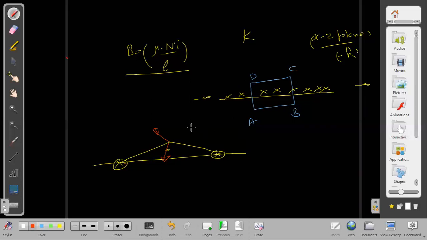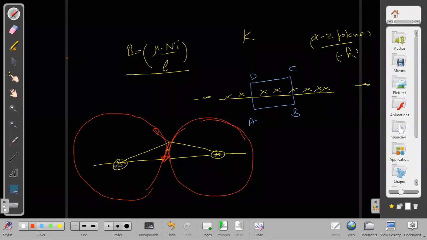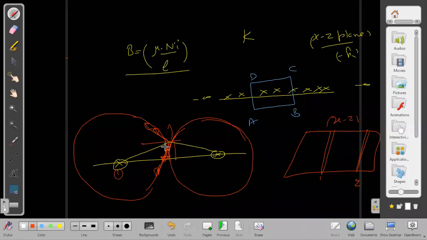If I draw a circle around it like this, the tangent to that will give us the field line. Similarly, if I take a circle around the other wire, these are like two wires. I am taking two elements of the plane, and each element acts as a wire. I am taking two wires in the XZ plane. These two wires produce one field this side and one field that side. So are you noticing that the y components of the field are getting cancelled? Finally, their field is only along the x-axis. Is it understood?